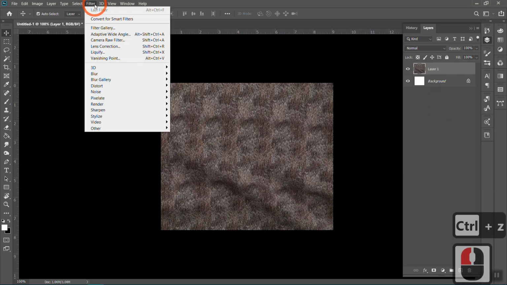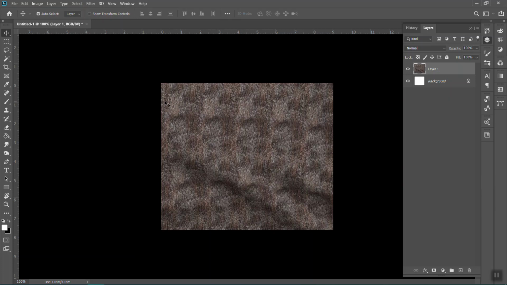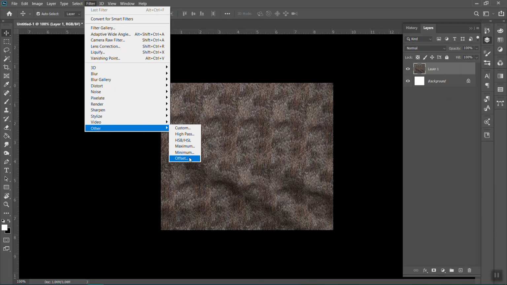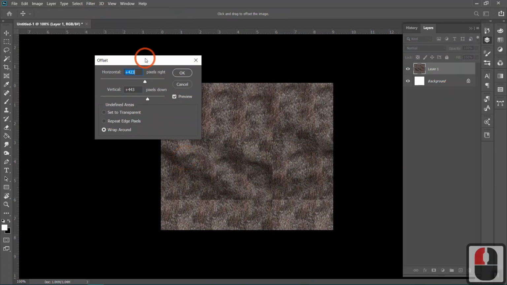So now we're going to use a special filter in order to be able to see the intersection of this pattern, right? So right now the edges don't line up seamlessly. You can tell where the edges are when we make it into a pattern. So we're going to go to Filter, Other, Offset, and